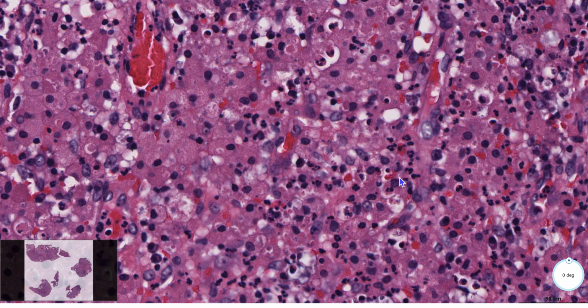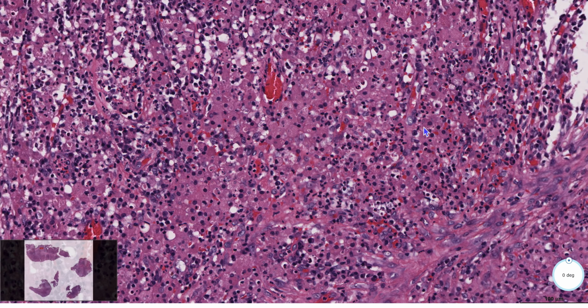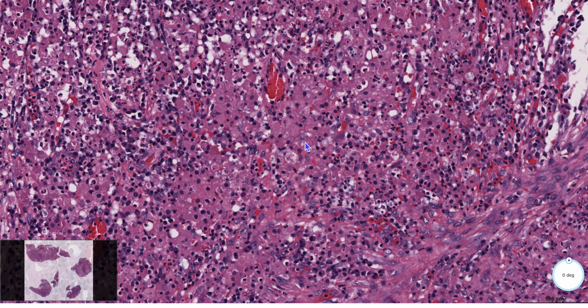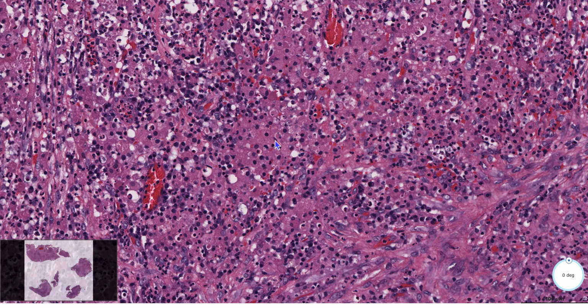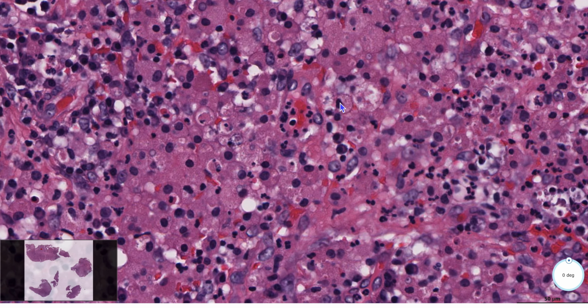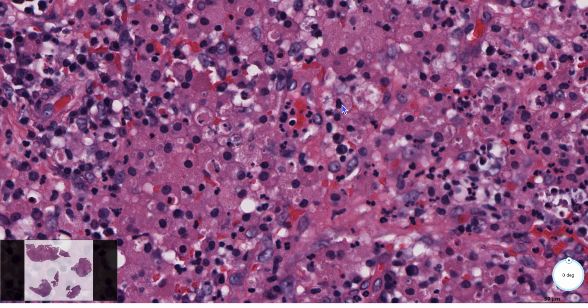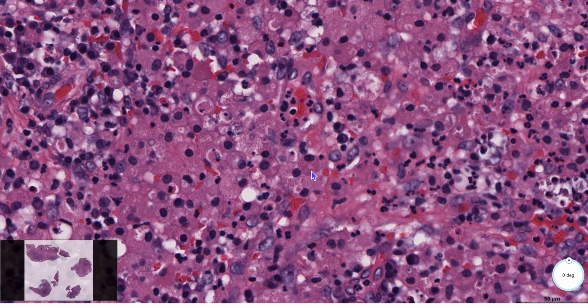Malakoplakia is characterized by foamy histiocytes that try to ingest gram-negative bacterium. So here's a foamy histiocyte. And they try to ingest gram-negative bacterium, and they're undigested, they're not killed. Usually they're E. coli or Proteus, and there's an inflammatory response. And the pathognomonic finding for Malakoplakia are these amorphous